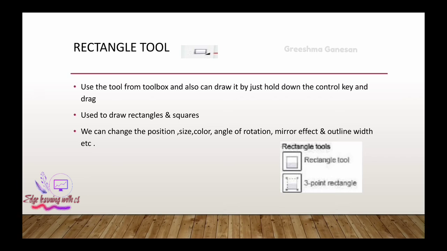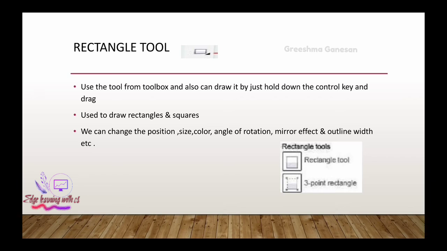If you drag like that, it becomes a rectangle. And if you hold the control key while dragging, it will make proper equal-sized edges, like a proper square.